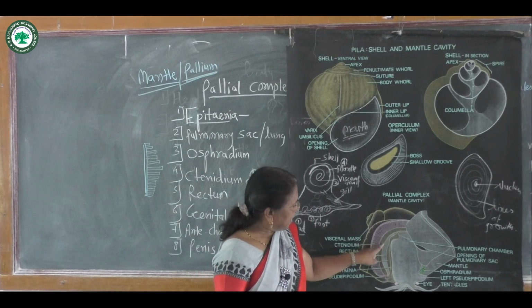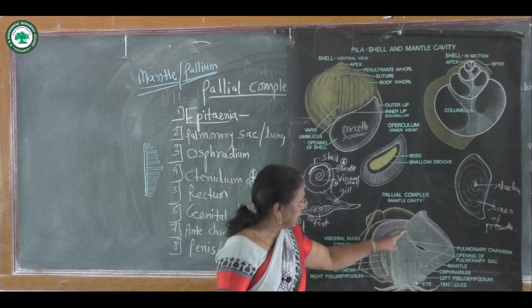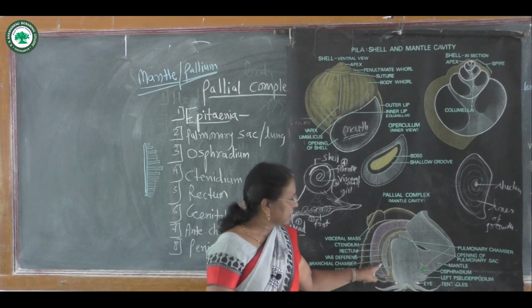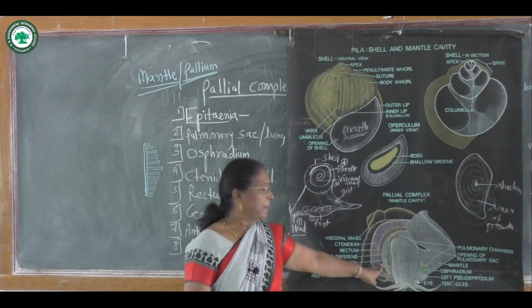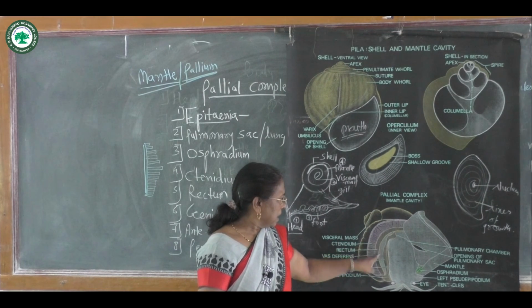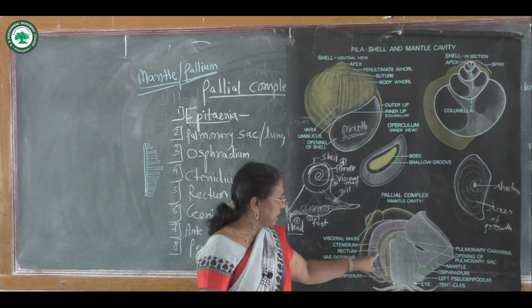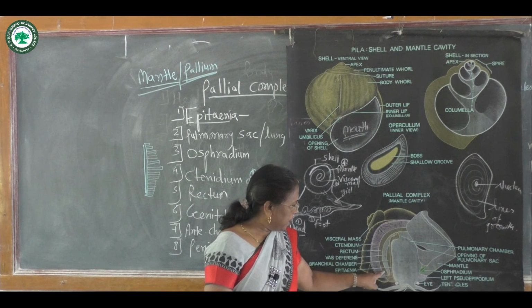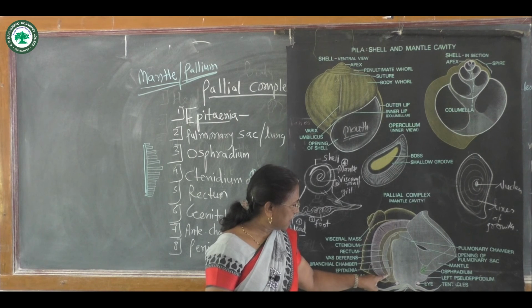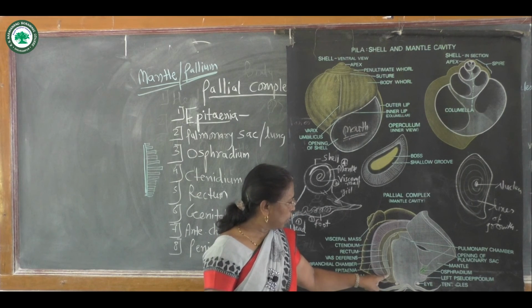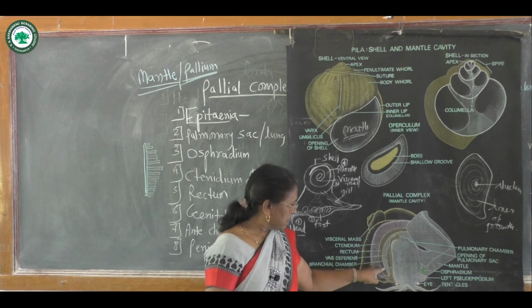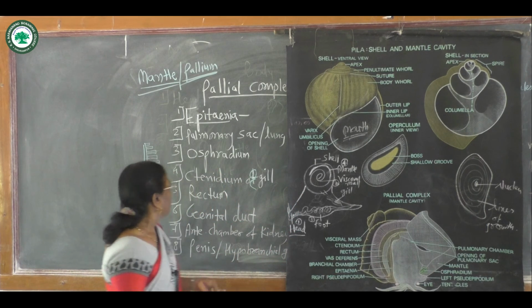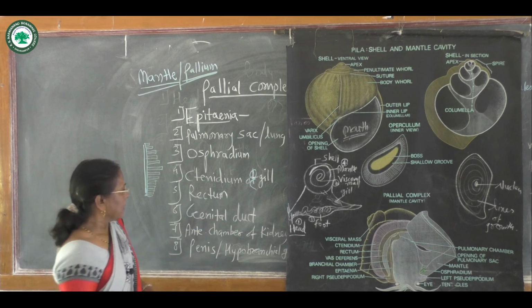Then fifth is the rectum. On the left side of this ctenidium or gill, the rectum is present. This rectum is nothing but the posterior part of the alimentary canal. Here it contains waste material, that is undigested food material. It later opens outside through this anus behind the right nuchal lobe, and this waste material goes outside along with the outgoing water current.